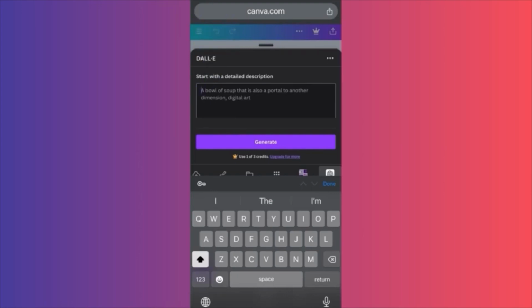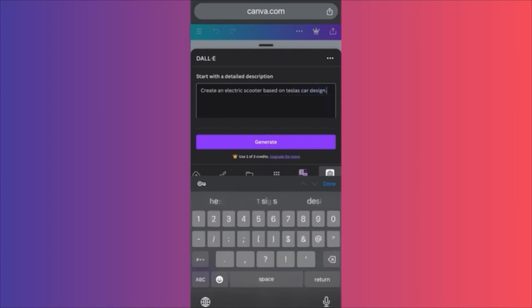So in this video, guys, I'm going to show you how you can create something cool. So we're going to ask DALL-E to create an electric scooter, okay, based on Tesla's car design, okay?